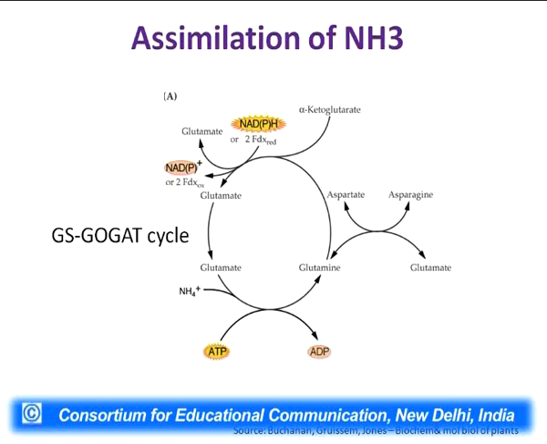One important thing I would like to mention is that for assimilation of any element, it is never that 2 elemental molecules combine to form an organic molecule. Assimilation always takes place by adding an elemental component into an already present organic molecule. So, here glutamate is the organic recipient and ammonia is the inorganic component, giving the organic molecule glutamine, and that is how assimilation takes place for any element.